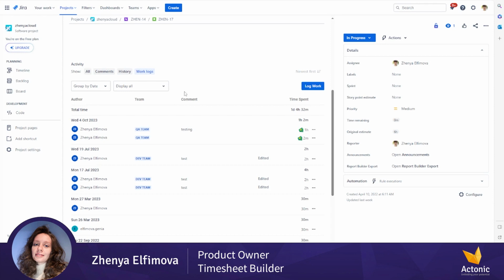To disable this information, you can just select this option. For example, you see some worklogs are not there anymore. But to log time, you can use this log work button. You should just click on it,